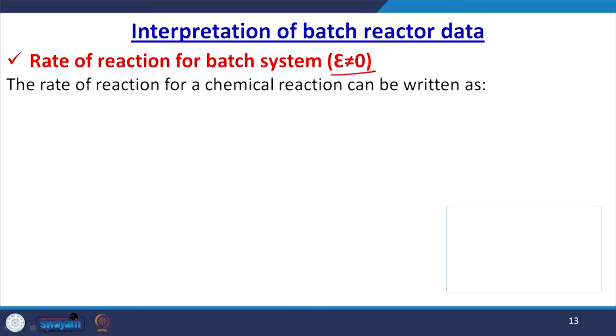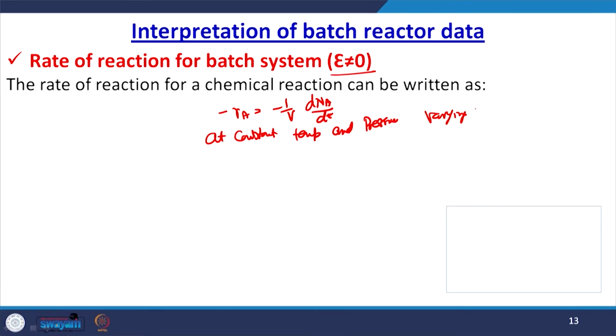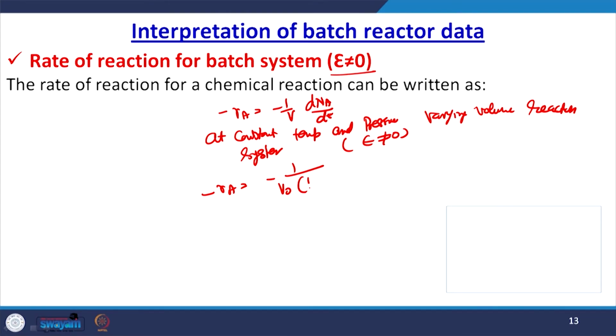So, the rate of a chemical reaction you can write as minus Ra equals 1 upon V dNA upon dt, at constant temperature and pressure and for the varying volume reaction system where epsilon is not equal to 0, then minus Ra equals minus 1 upon V naught 1 plus epsilon A Xa, d Na naught 1 minus Xa